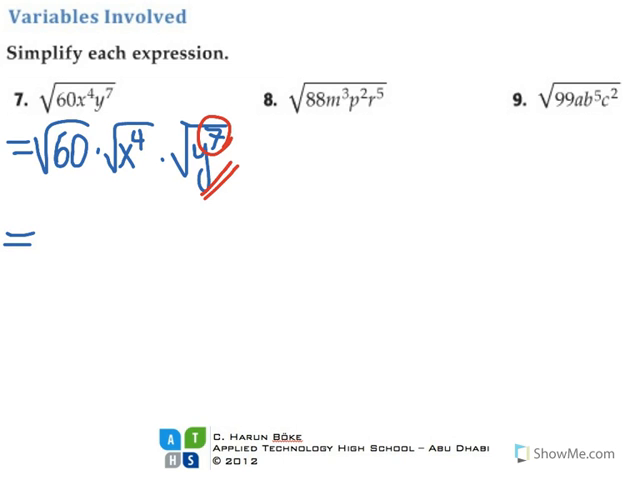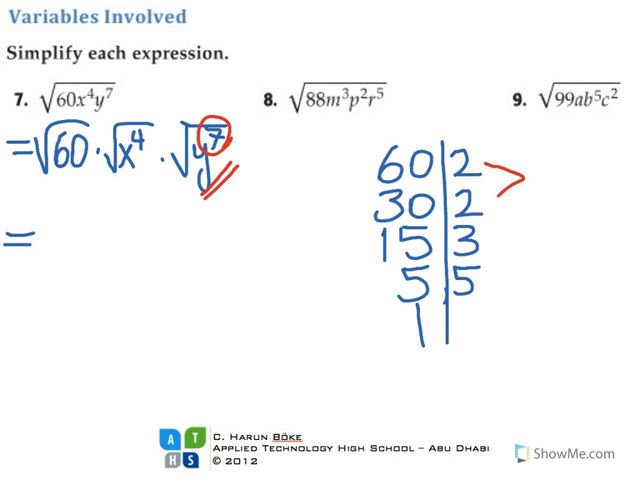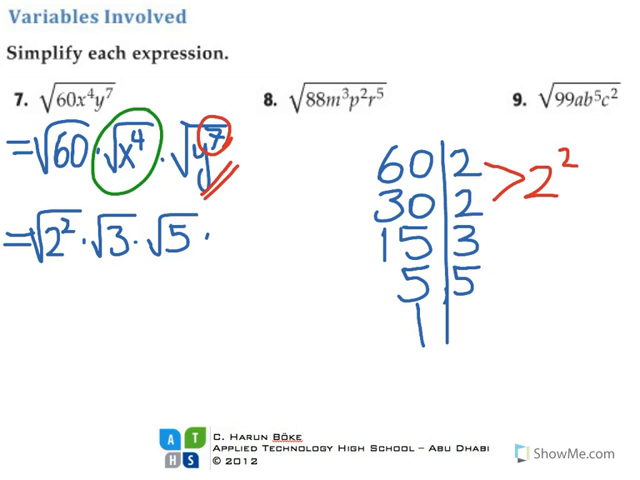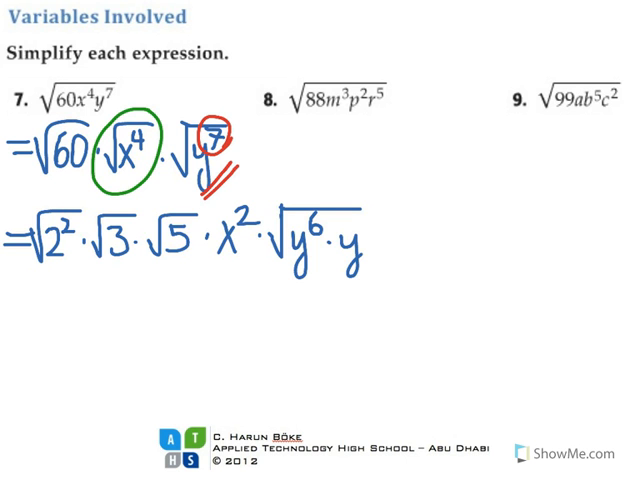So factorizing 60 we get 2 squared times 3 times 5, so it will be square root of 2 squared times square root of 3 times square root of 5, and for x to the power 4 in square root we are going to divide the power by 2, so we have x squared, and for y to the power 7 in square root, we are going to rewrite the expression as square root of y to the power 6